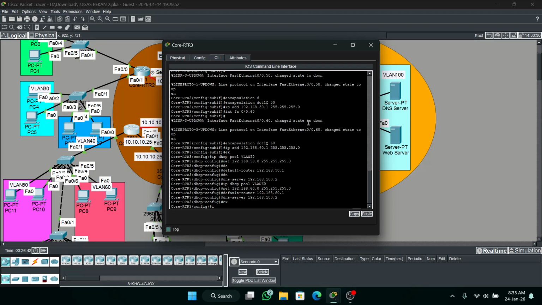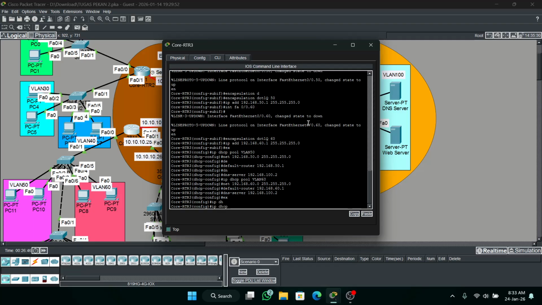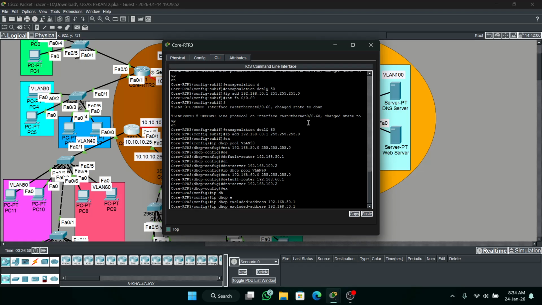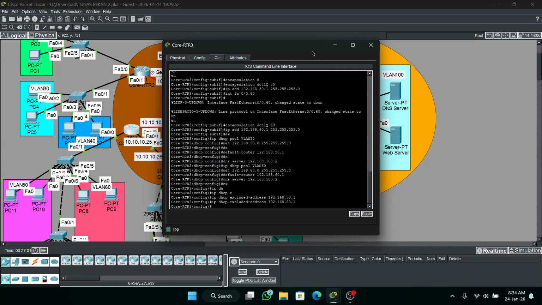Okay, then last is ip dhcp excluded-address, the gateway for VLAN 60.